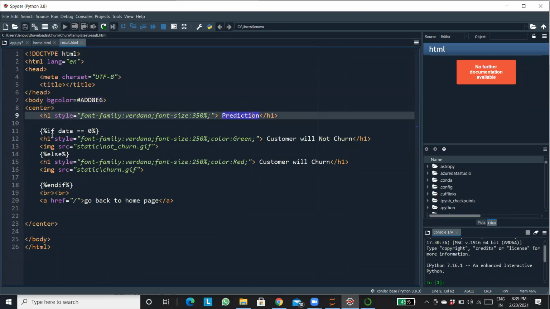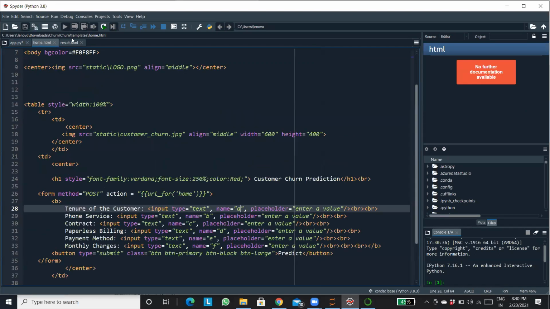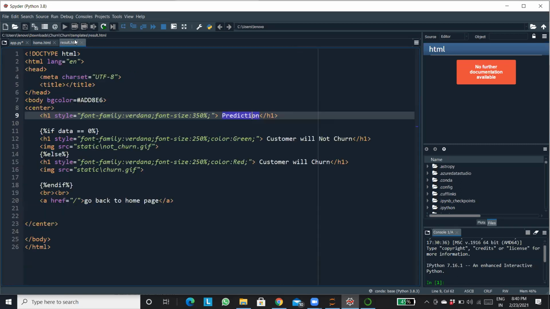Now here we'll be having two values as output. Am I right or not? It's a binary classification case, right? Either the customer is going to churn, or otherwise he is not going to churn. So either the value is going to be 0 or 1.